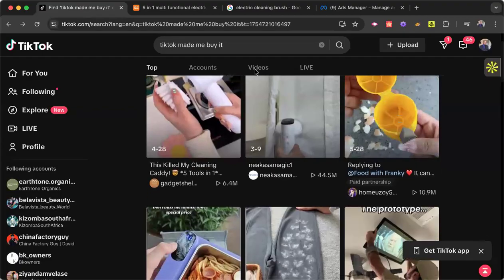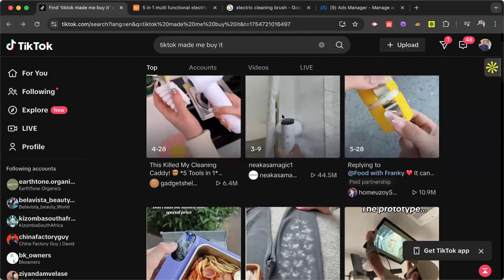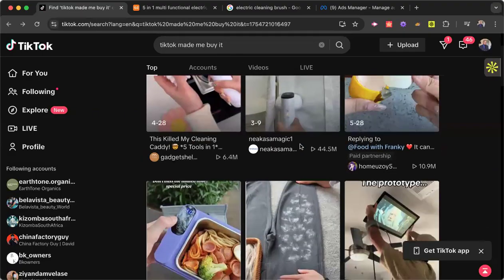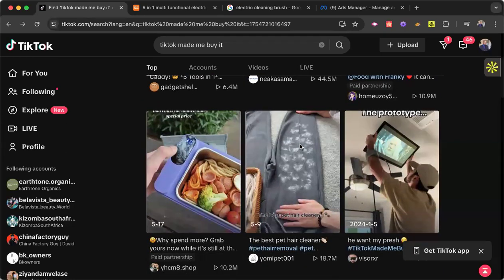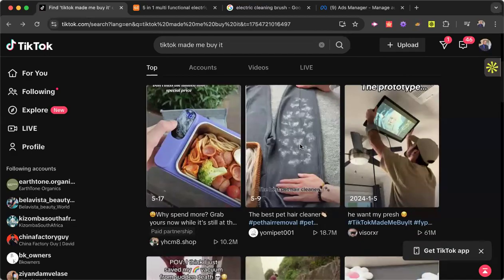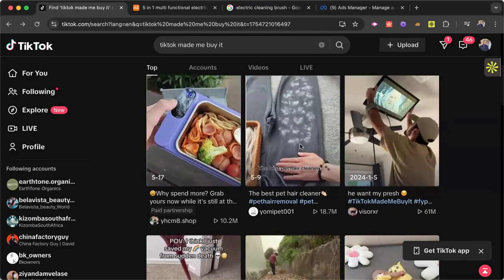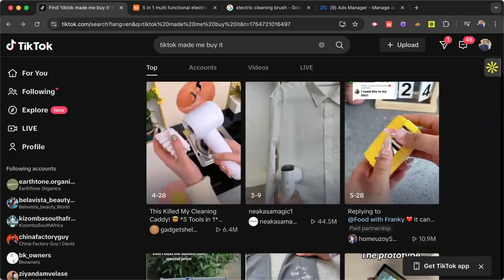So the first thing you have to be searching on TikTok is "TikTok made me buy it," and then you're going to see a list of products. Of course, not every product is going to sell, but you need to look at it and say, okay, cool, this fits one of the important things: it has to have an opportunity of virality. It has to be something that people will actually stop and look at. So let's look at this ad over here.